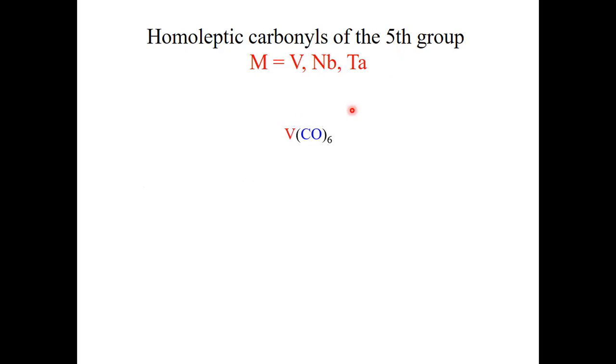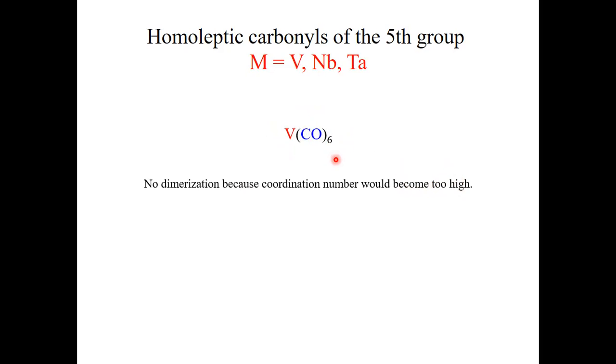And well, when you need 12 electrons and each carbonyl is a 2-electron donor, then we need 6 carbonyl ligands. So now, in principle, we should also need to dimerize this compound. But in this case, no dimerization takes place because the coordination number would become too high. The coordination number would become 7, and the carbonyl much prefers the coordination number 6 in the octahedral shape. Therefore, the vanadium hexacarbonyl stays alone